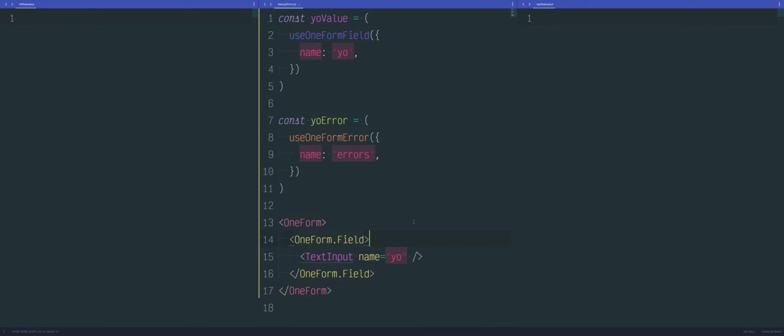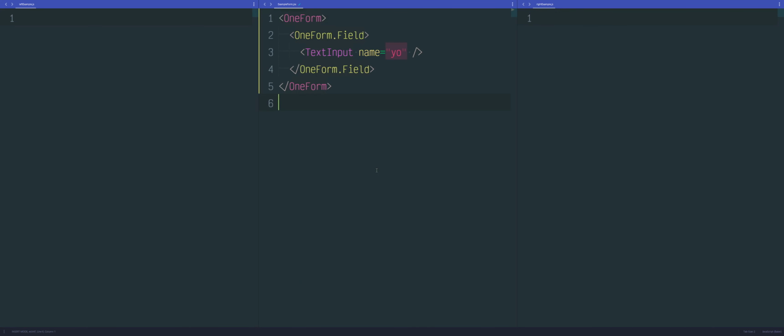You don't have to do that yourself. You don't have to manage this. You don't have to use these hooks. These hooks are optional because OneForm does everything for you. You don't need them. But if you're doing complex stuff like I've done, just for show, you definitely need access